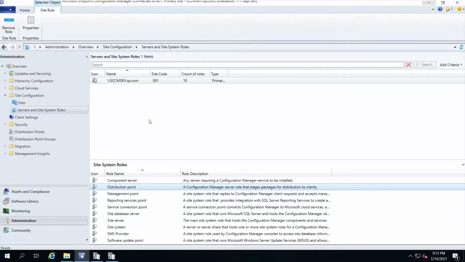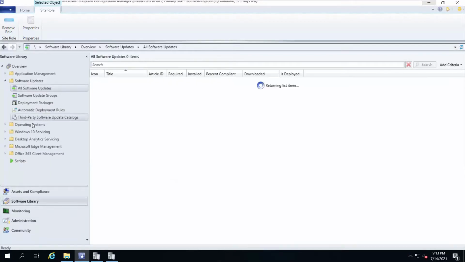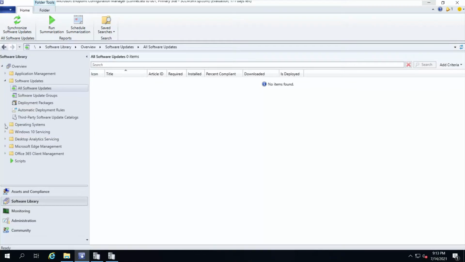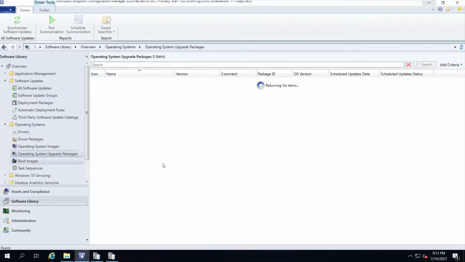Yesterday we saw the deployment of the operating system, how to deploy an OS to our clients. We saw the options related to bare metal installation also. We did wipe and reload or refresh pattern, but just 2 3 steps were different for bare metal. And in place upgrades, we need to go to software library, and under OS deployment, we need to put here